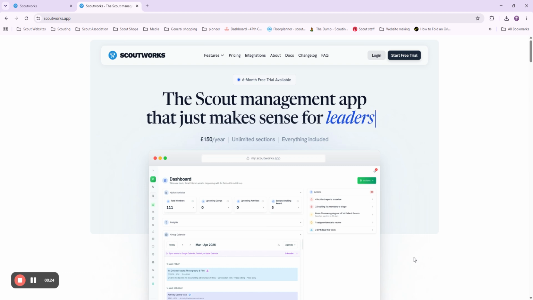And on the surface, you may just think, oh, another youth management app. We're already using Online Scout Manager, or OSM for short. Why should we think of Scoutworks? That is a good question, and many people have thought that. But I'm hoping this video will be one to make you think, ooh, maybe Scoutworks would work better for my group. Starting off,